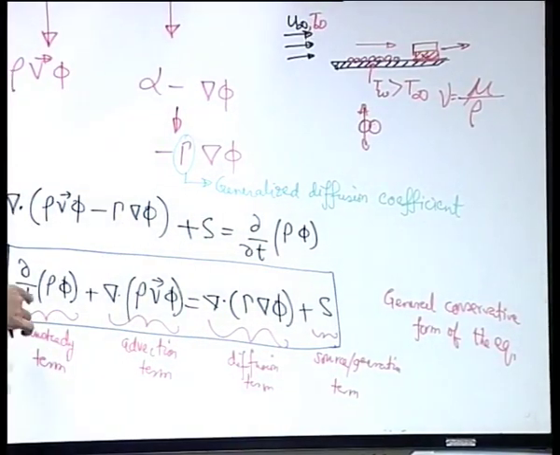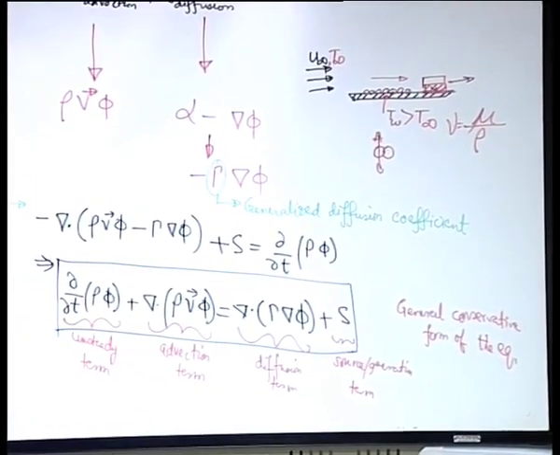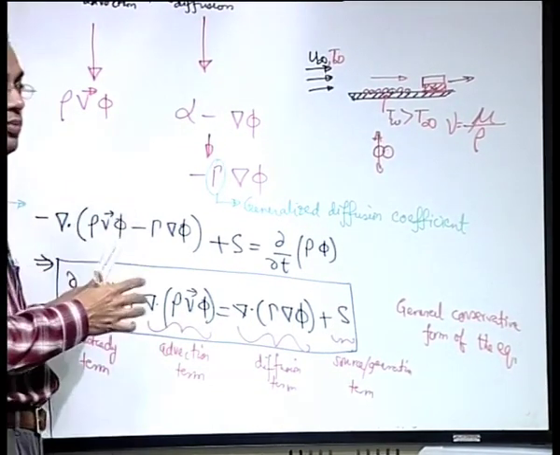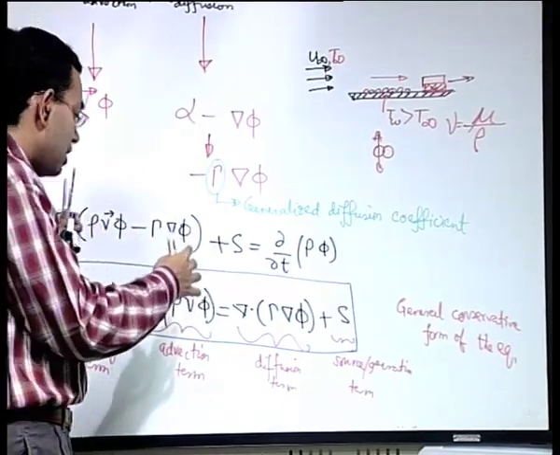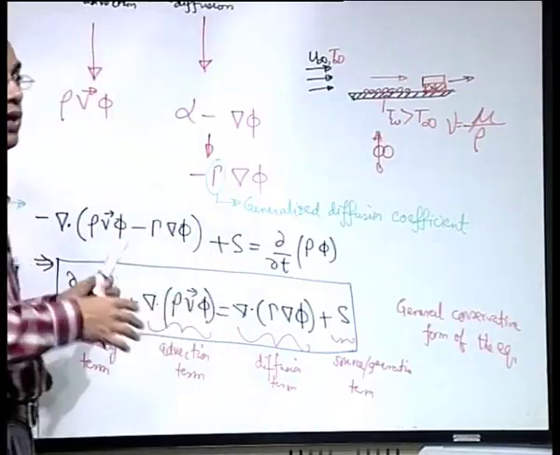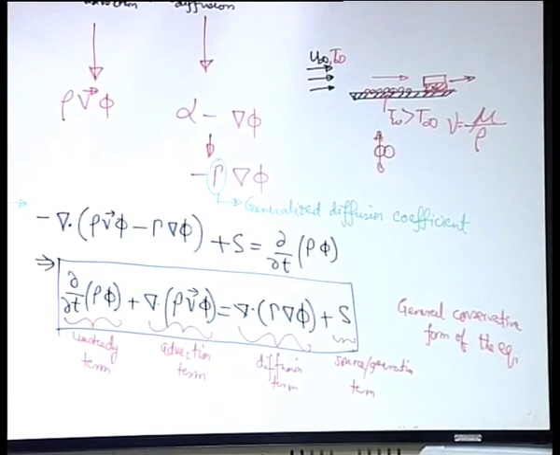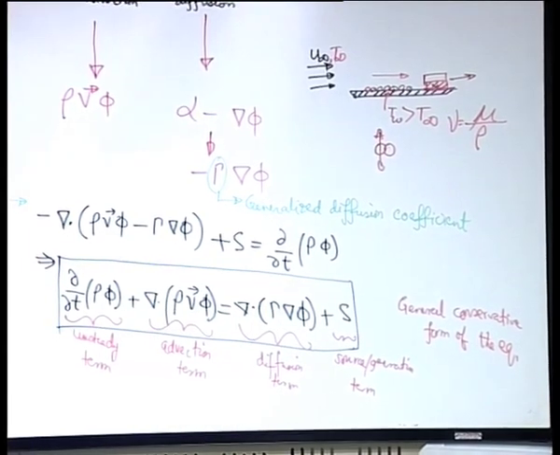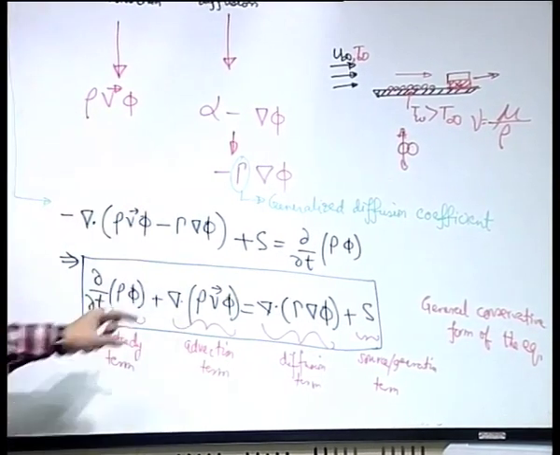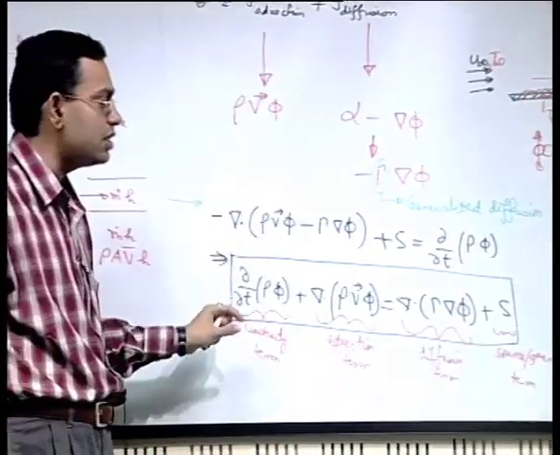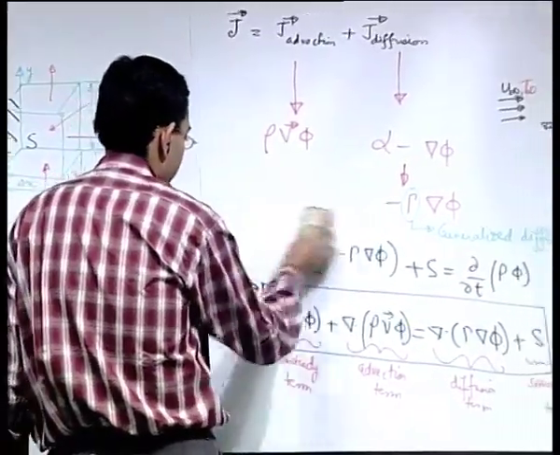You can see it is a conservative form because rho is inside the derivatives, it is not outside the derivatives. So now because it is a general form, it will assume special forms depending on what conservation we are talking about. Is it mass conservation, momentum conservation, energy conservation? Let us consider some example where we show that indeed our special conservation equations like the mass, momentum, energy all fall in this general framework. Let us try to show that.